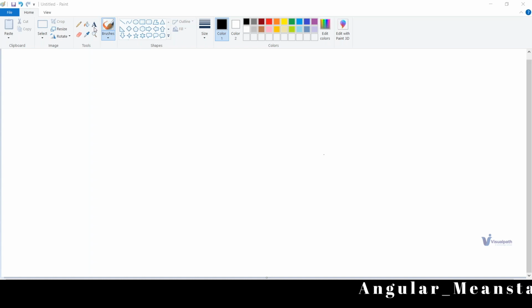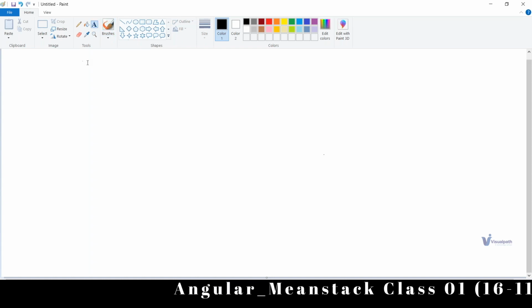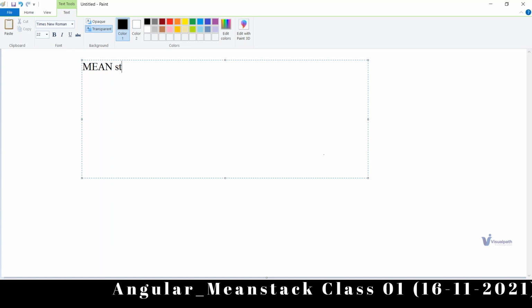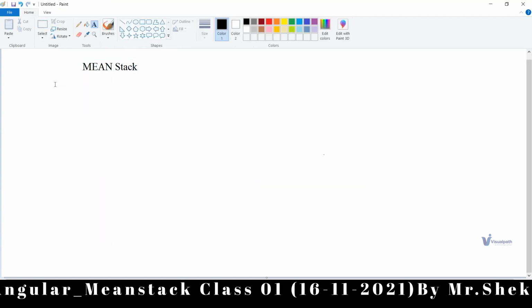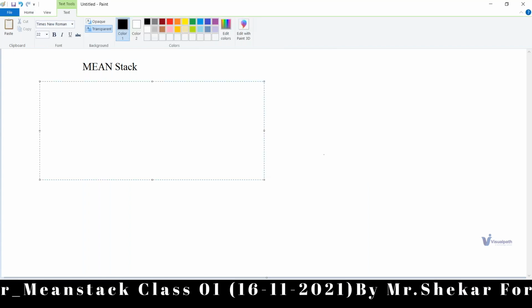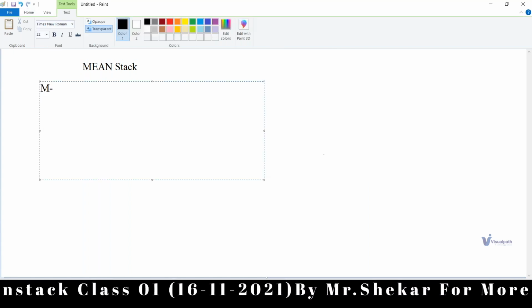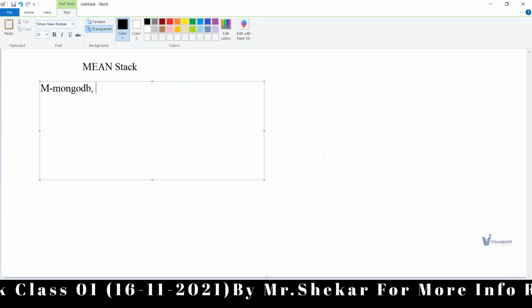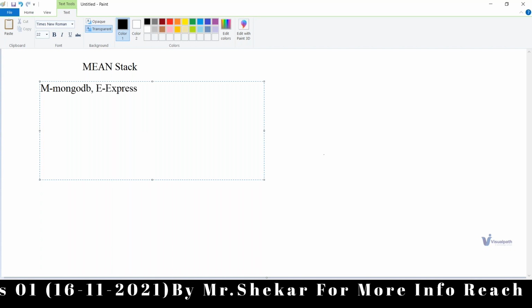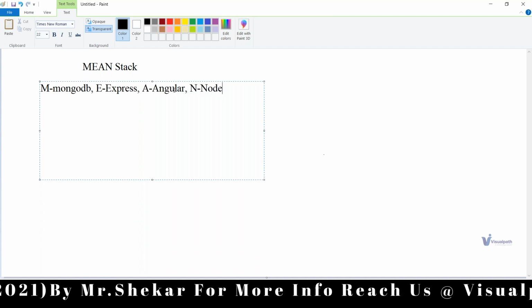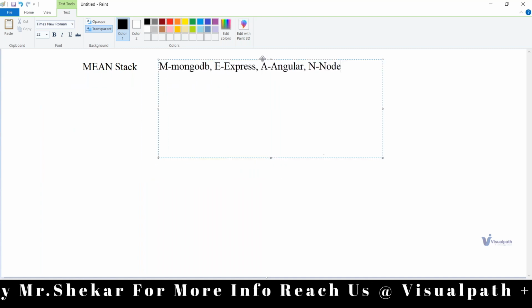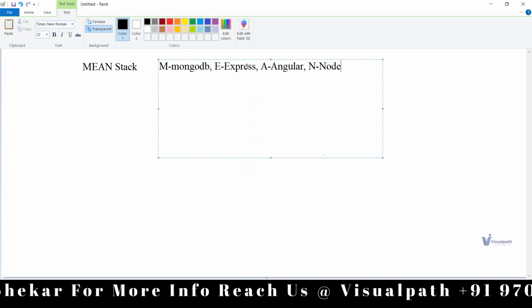Before talking about what exactly we are going to learn in MEAN stack, first I would like to talk about that particular word, MEAN stack. When we are talking about this word, M indicates MongoDB, E indicates Express, or we call it Express.js, A indicates Angular, N indicates Node.js. So before understanding what is M, what is E, what is Angular, and all,